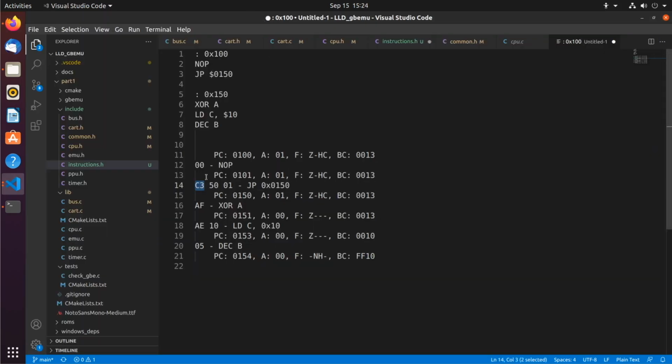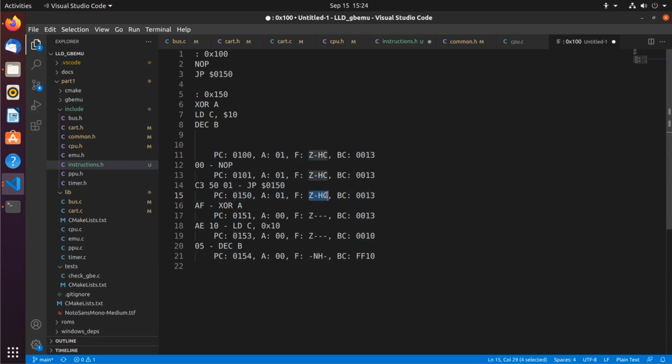So we have C3 and then 50 and 01. This is the equivalent of a JP $0150. Let's make this a dollar sign, because usually you'll see a dollar sign when you're looking at some assembly code for this. Okay, so that would jump to this location,